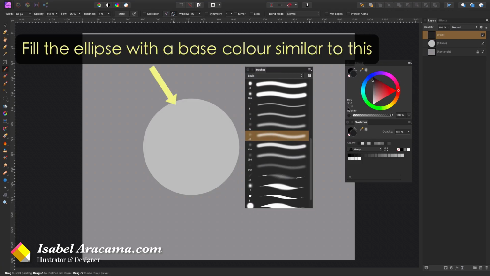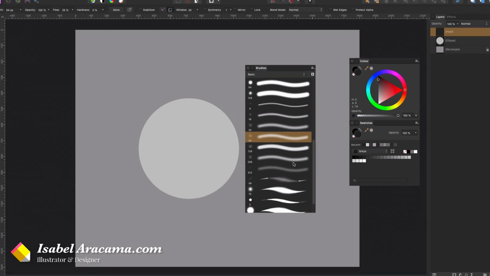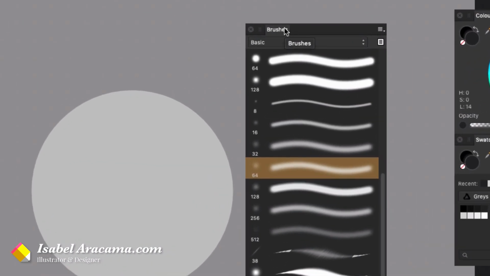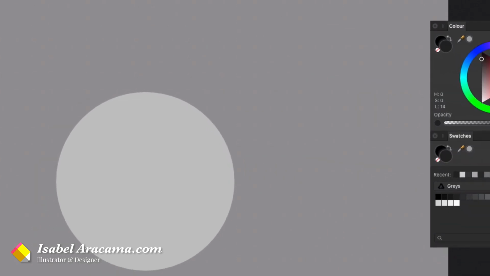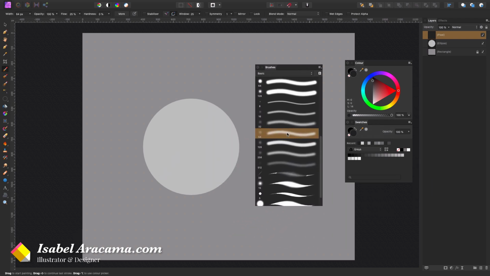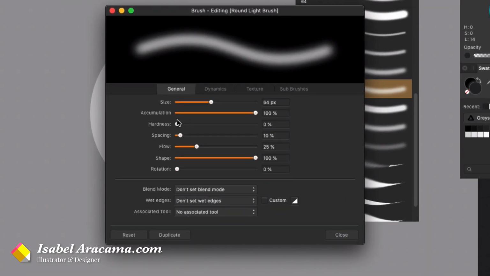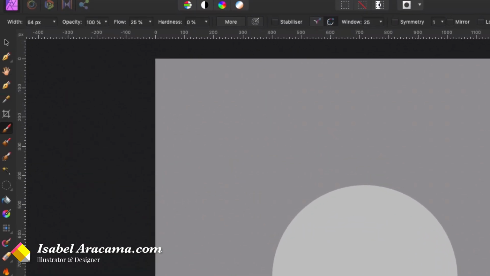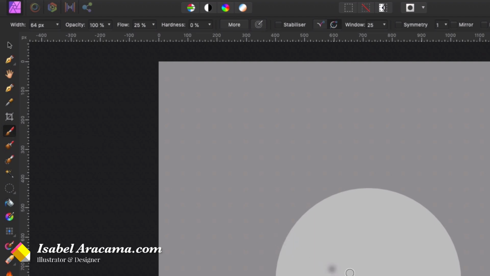Okay, so the next thing is going to be selecting our brush from the basic set of brushes you will find in both Affinity Photo and Affinity Designer. This round light brush, I think it's fine. This other one is the same but with some tweaks on it. Let's just try with this one. I'm going to put this aside because I won't change it. I want to show you the settings just in case. I didn't touch anything, so as far as I remember, this is more or less what you will find in it. So I'm going to put this aside and I'm going to select my brush tool.